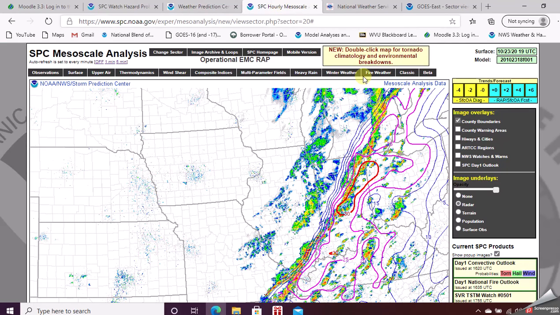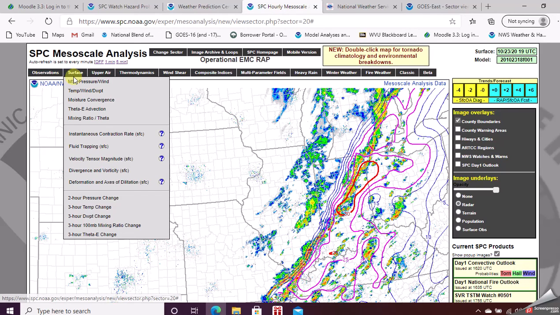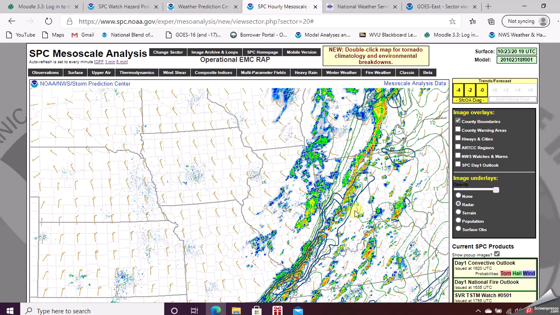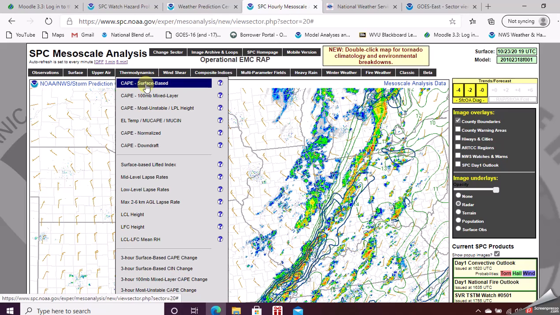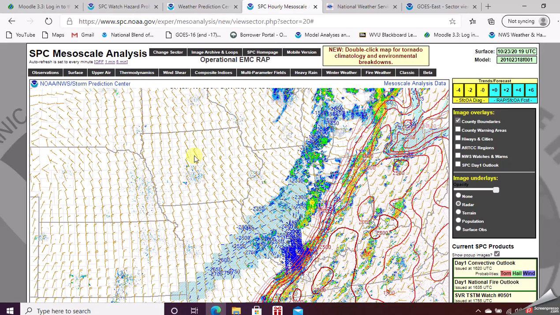So if you look at the current, just look, for example, at moisture convergence. It's the area of strongest convergence of moisture. It's right along that squall line showing up right here. Another thing to think about, we talk about stability. There's a measure of stability called CAPE, convective available potential energy. Notice how it's up over 2,500. That's getting pretty strong. So that's one reason why this area was put in a severe thunderstorm watch today.